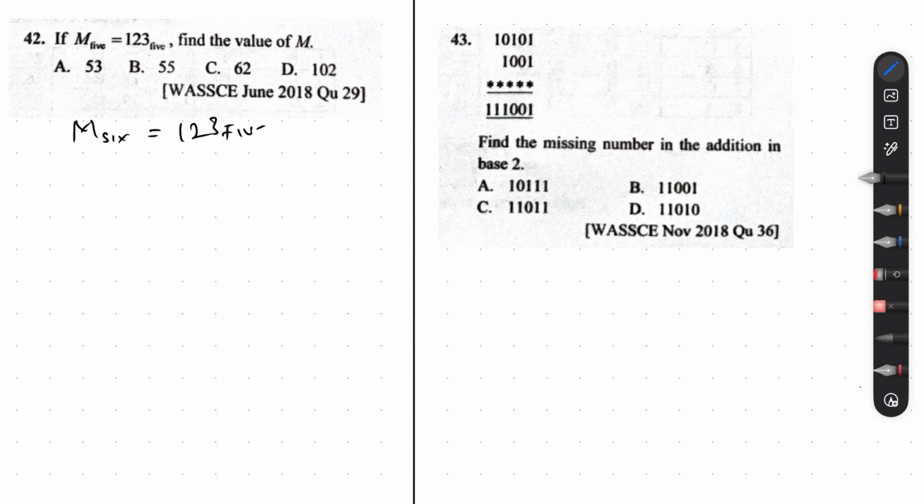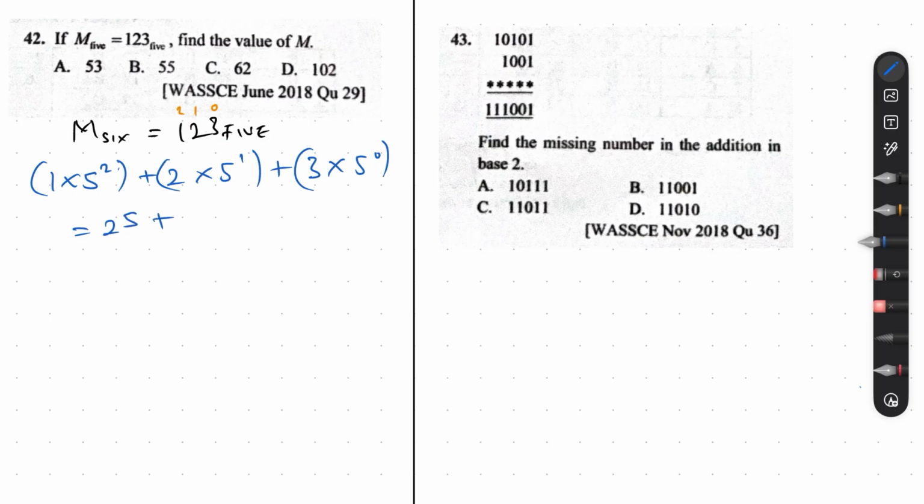So we should find what? The value of m. First, we convert this into base 10, and then after what we get, we convert to base 6, and then we find our m. Okay, so let's do that. To convert that into base 10, we number our digits. Now do the conversion, which is 1 times 5 squared plus 2 times 5 exponent 1 plus 3 times 5 exponent 0, which will give us